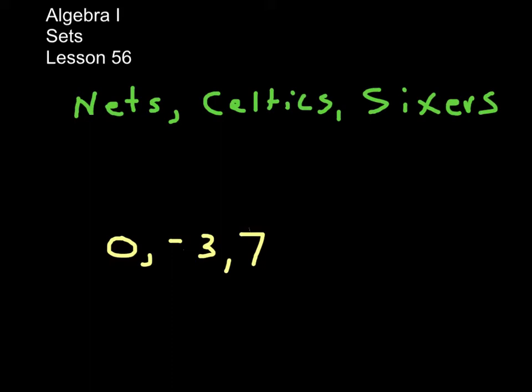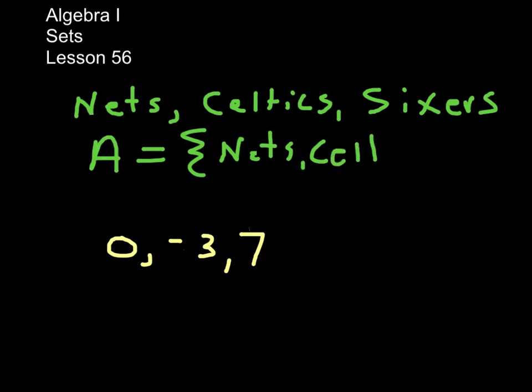We might represent this list of names in what we call a set. So we might call it set A, and we can call it any letter. It really doesn't matter. And set A might look like this, using a brace, which is not a parenthesis or a bracket, and then we just list the names of the NBA teams. So I could have Nets, I could have Celtics, and I could have the Sixers with a brace at the